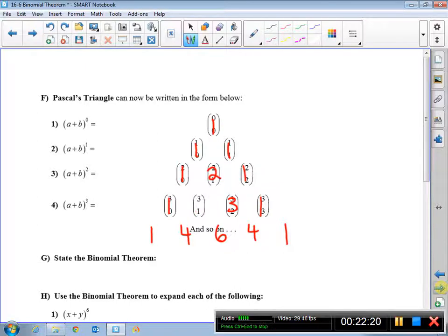And 3 is equal to 3 choose 2. And for 4, this is 4 choose 0 and 4 choose 1, and 4 choose 2 and 4 choose 3 and 4 choose 4. So these are actually, again, representing the coefficients of the expansion